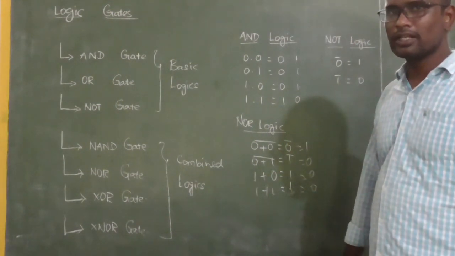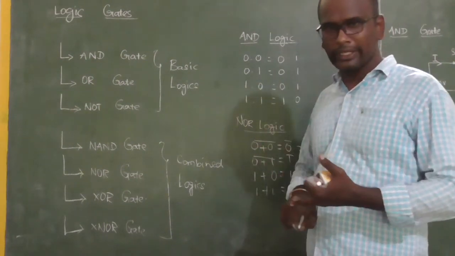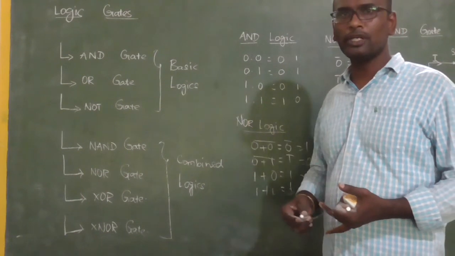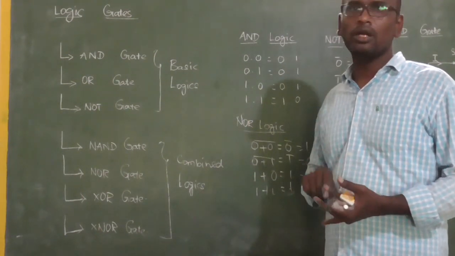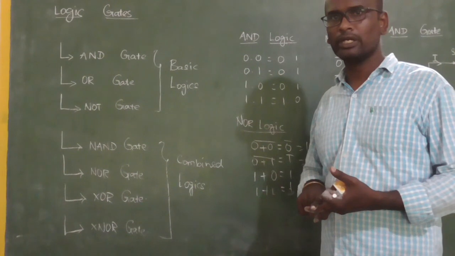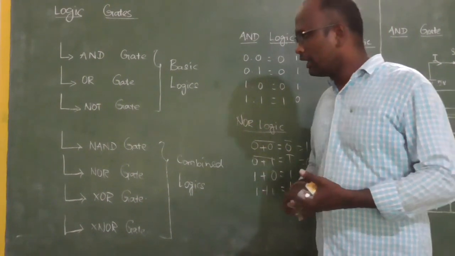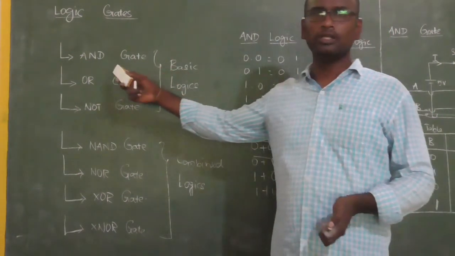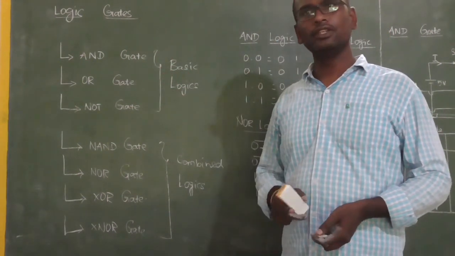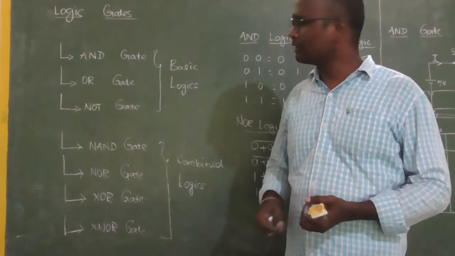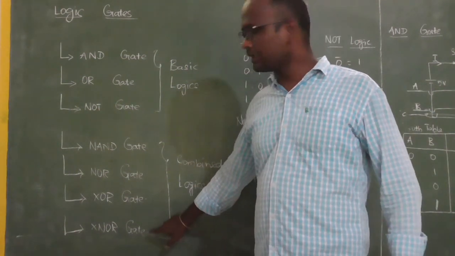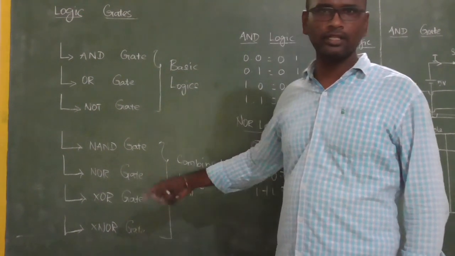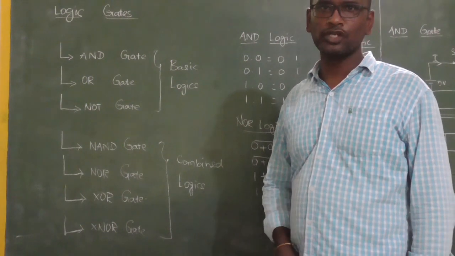That means it is the combination of an OR gate and a NOT gate. Similarly, a NAND gate is the combination of an AND gate with a NOT gate. Understand? And the XOR gate is the combination of all three basic logic gates. Let us see the design later. Similarly, the XNOR gate means the negative of the XOR gate. Let us see them one by one later.